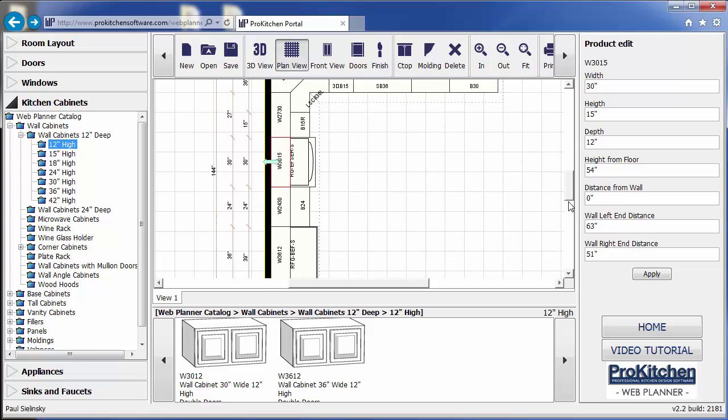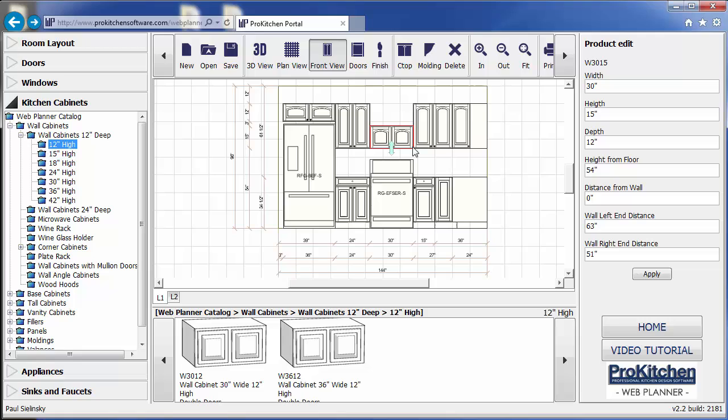This guy here is also 54 inches off the floor. So if we were to take a look at this in 3D or in front view, so let's take a look in front view, and you can see it's too low. So here you'll also notice that there is a little teal colored arrow on it. That little teal colored arrow indicates that we can up down this. We can click on it and drag it up and down